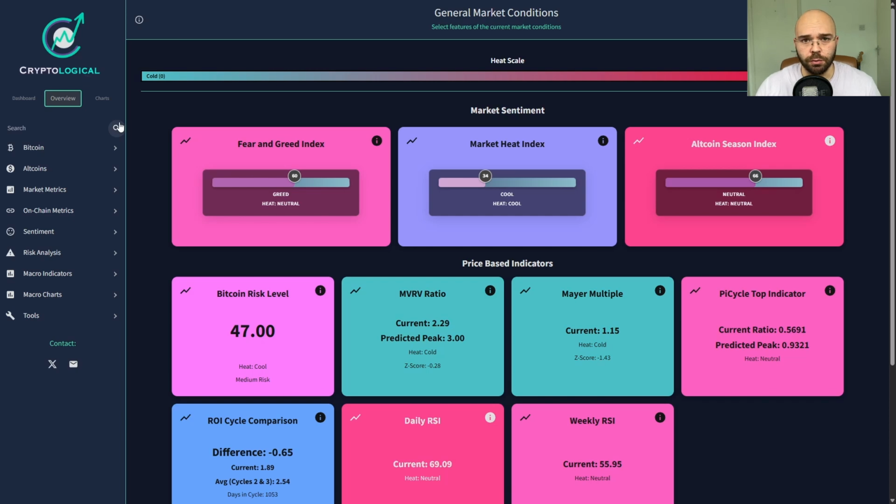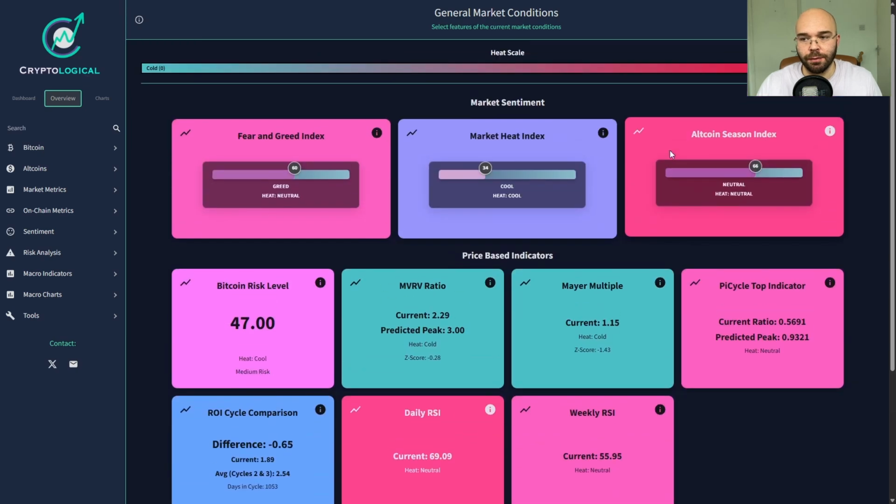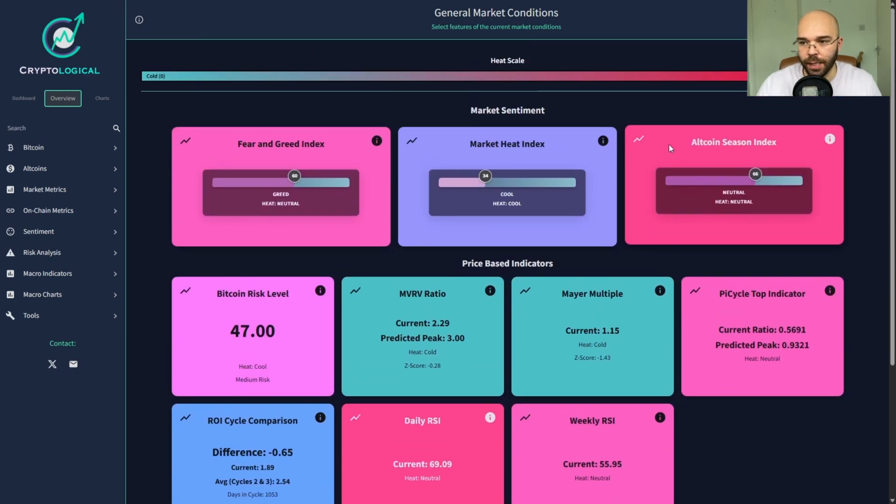Today on Cryptological, you join me on the market overview page, which boils down a lot of the charts into simple values to give you a good overview of what's going on without having to trawl through charts and data of going back years and years and years. It's on a color-coded scale, so the closer to red we get, the hotter generally that indicator is, and closer to blue, the colder it is, which obviously correlates to market bottoms and market tops, or overbought and oversold parts